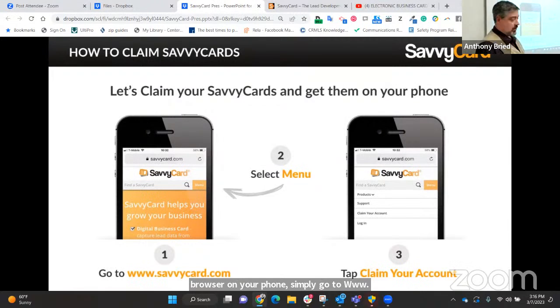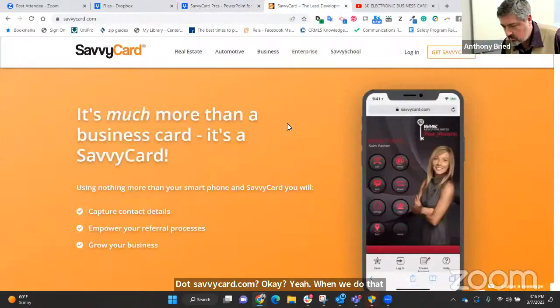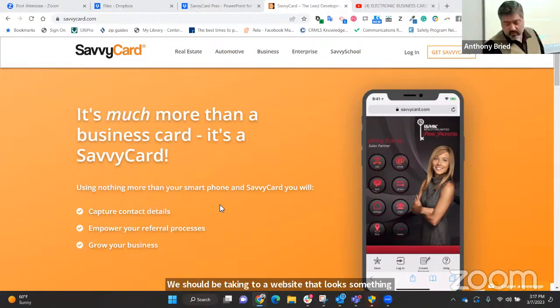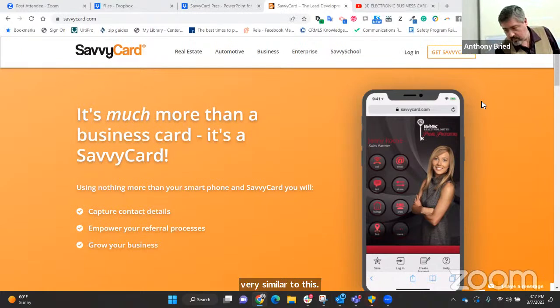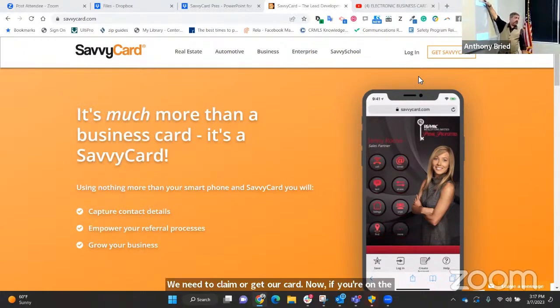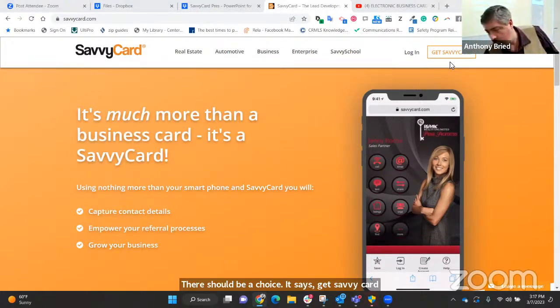www.savvycard.com. Okay. Now, when we do that, we should be taken to a website that looks something very similar to this. Now, if this is your first time using Savvycard, we need to claim or get our card. If you're on the computer, you can do this, but if you're on your phone, you should see in the upper right-hand corner 3 dots or 3 lines. If you tap on those 3 dots or 3 lines, there should be a choice that says Get Savvycard. When you click on that, or tap on that,